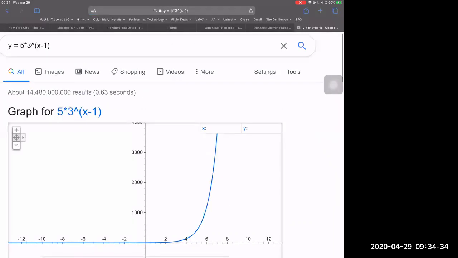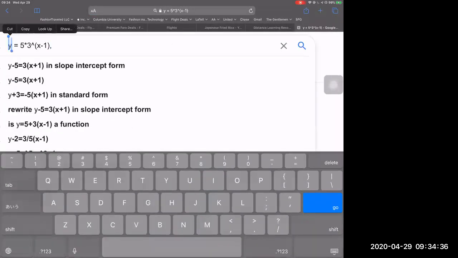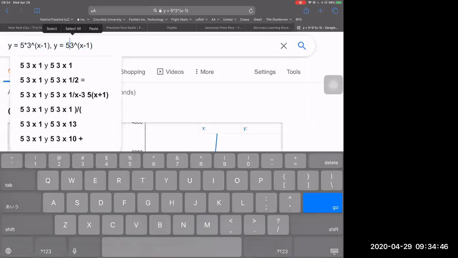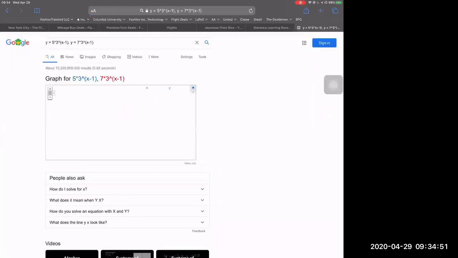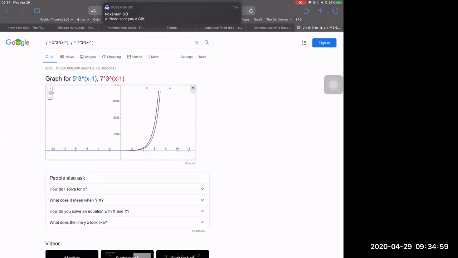And then if you put a comma and write the same exact equation, and then just adjust the 5 for a 7, you're going to see Google be able to graph both of them, right? So you can see right now that at any point in time, you can see the 7 graph, base 7, right? The number of days you started with, in other words, AKA the red line, it's going to be more